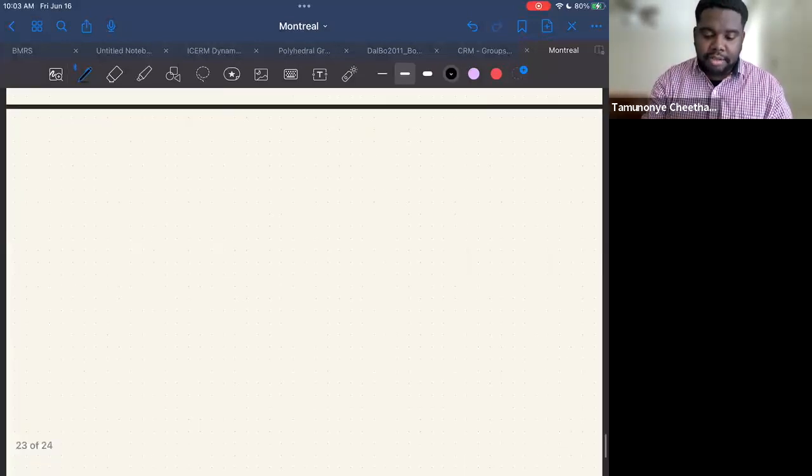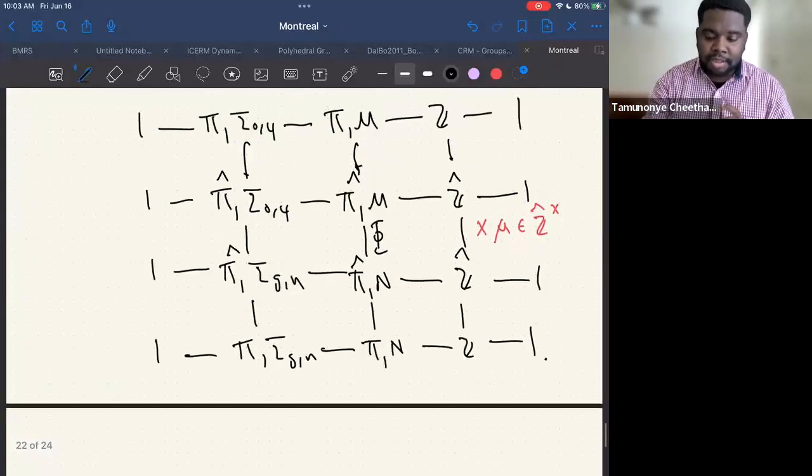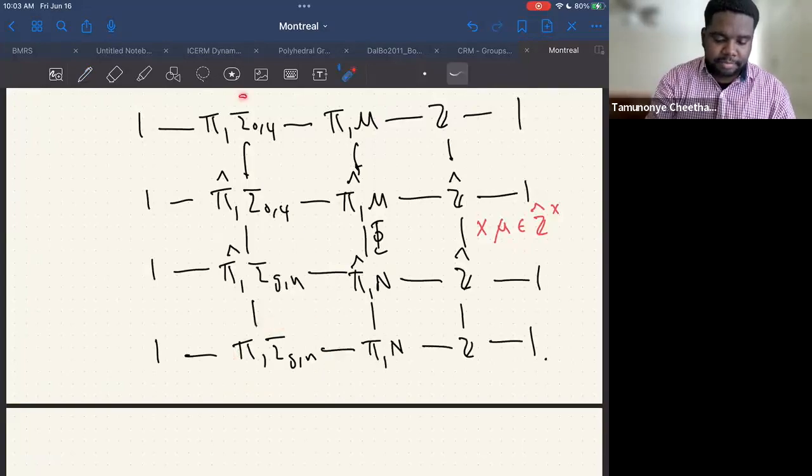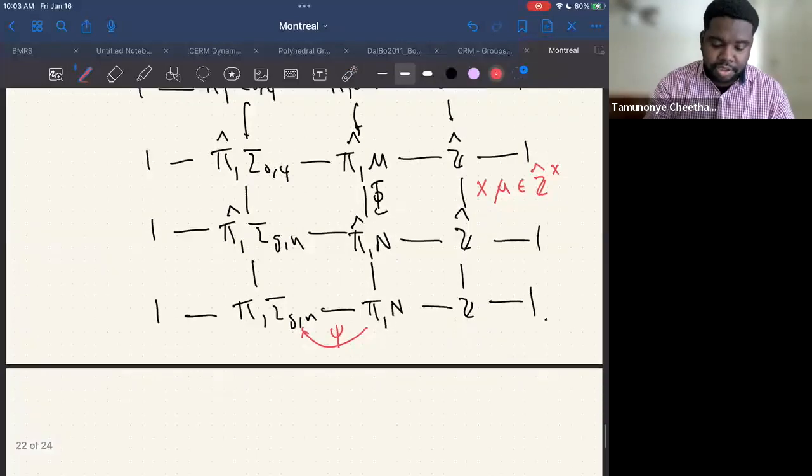Right? And so the upshot is that if one can argue that this is the same as the surface, then all you're doing is comparing the monodromies. And I'm going to give this monodromy a name right now. I think I'm going to call it psi. Right? And so, in particular,